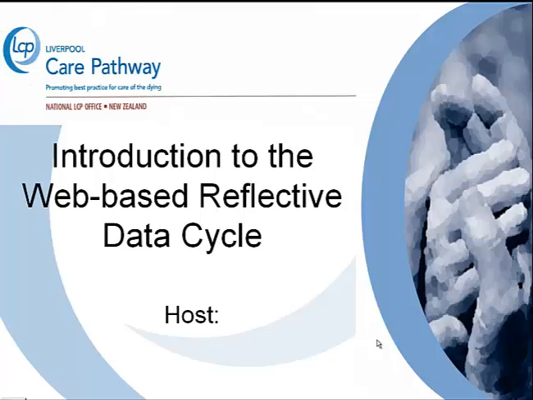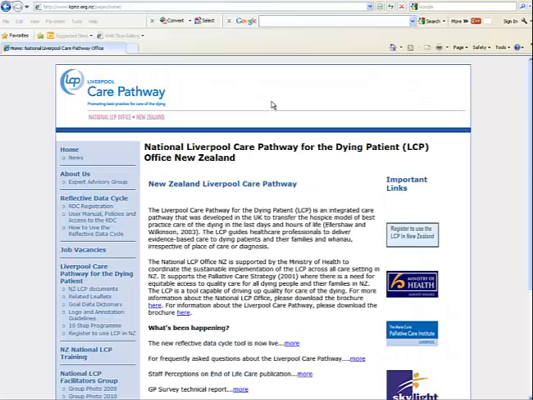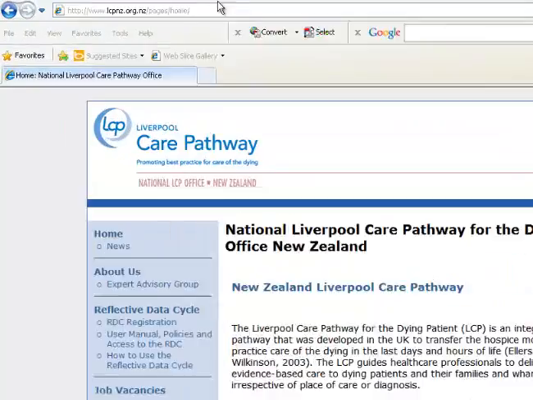This tutorial will mainly focus on how to access the website and give you an overview of the data entry side of the tool. The second tutorial will focus mainly on the reporting side of the tool. I just want to mention that the tutorial is intended for those who have an understanding of the reflective data cycle. For those who have no prior knowledge, I encourage you to visit our website